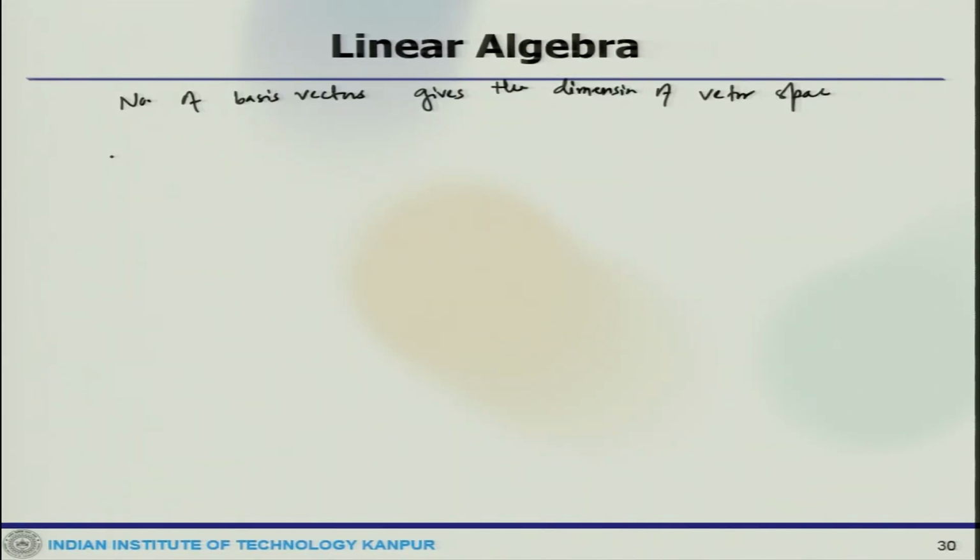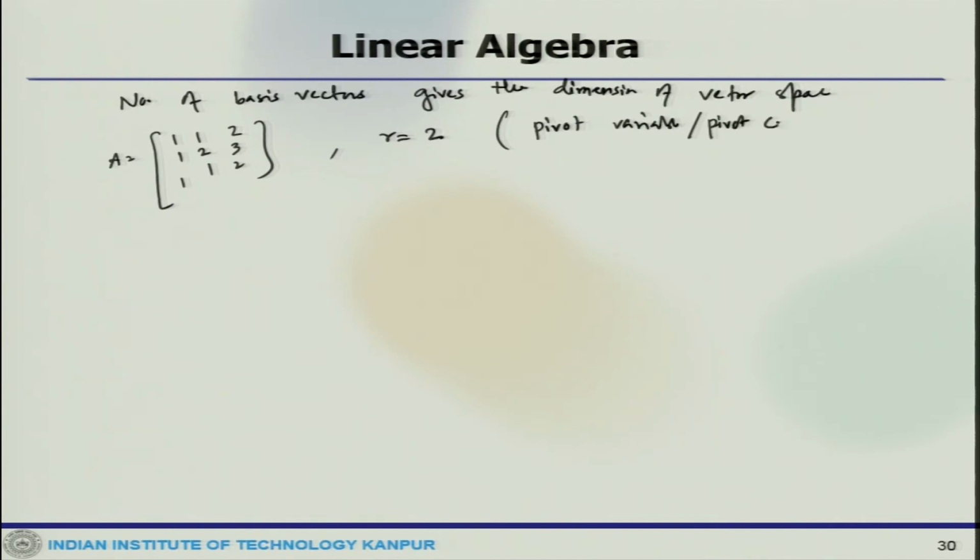Now, here for this particular example, this A, which is 1 1 1, 1 2 1, 2 3 2, the rank is 2. So, that means that many pivot variables or pivot columns are there. Okay. So, for a linear system, the rank denotes the dimension of the vector space. So, this is very important to note, for a linear system,